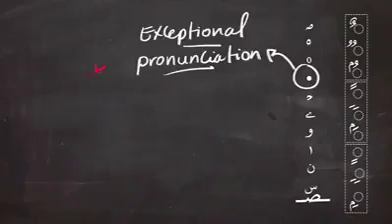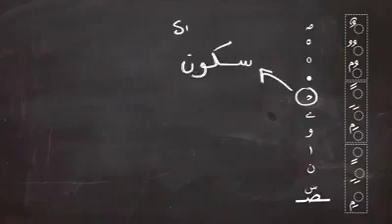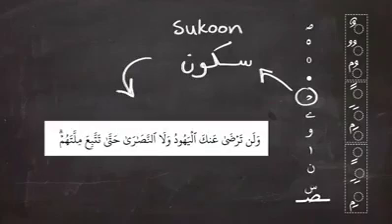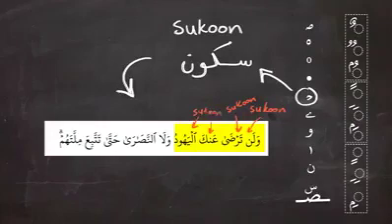Next is a sign that looks like a small ha. And this sign is actually the sign that refers to the sukun. There's also another sign for sukun in Quran, and that is completely nothing. Like in this example. وَلَن تَرْضَى عَنْكَ الْيَهُودِ. Now, as you can see, the noon in len has sukun, but there is nothing there. And in the word tarda, there is a sukun above the ra. So this sign refers to the sukun.